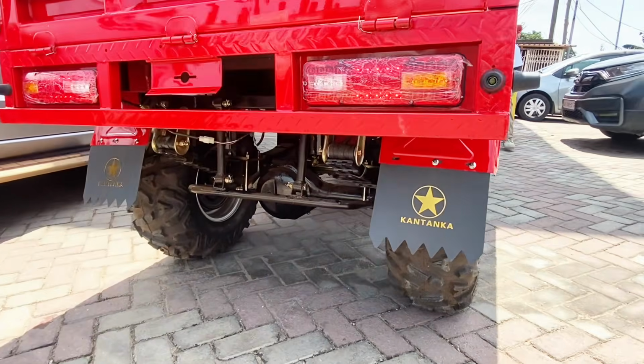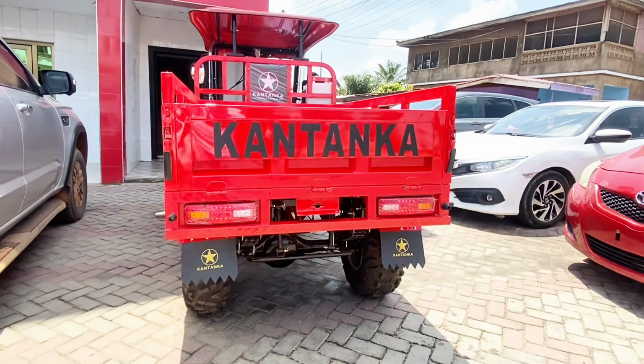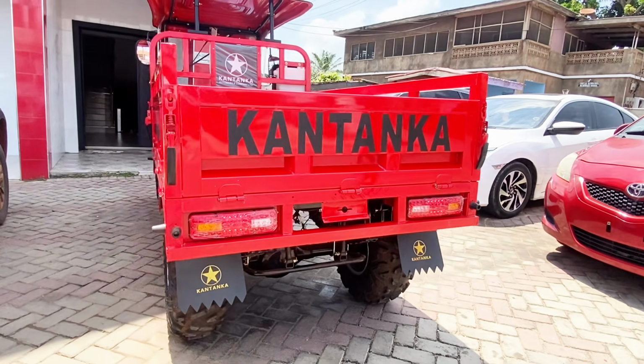And that is why I would recommend this for you. That is why I am going to recommend this for you. Before we move on to the load capacity